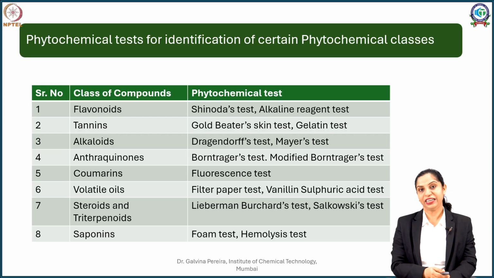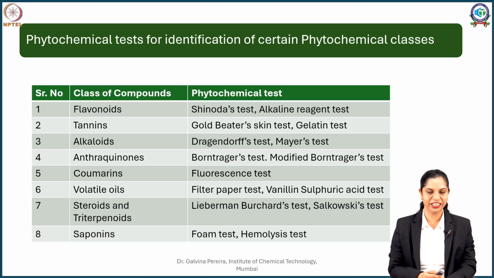If you recollect, in the flavonoids, when you have your benzo-gamma-pyrone, or more specifically phenyl benzo-gamma-pyrone nucleus, it answered what is called the Shinoda test. Do you recollect what it is? It is basically a test used to reduce the flavonoid nucleus, done using magnesium turnings and concentrated HCl, which reduced the flavonoids to anthocyanins, giving a cherry red coloration in the concentrated or pure form and a slight orange-pink coloration in the extract form.